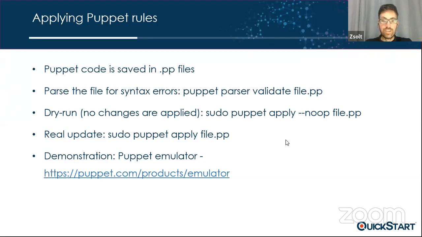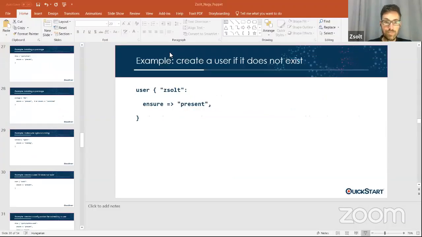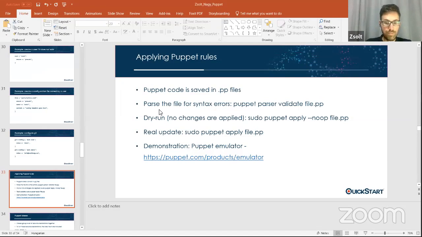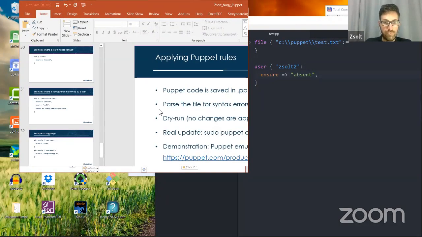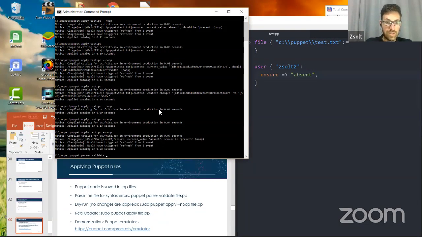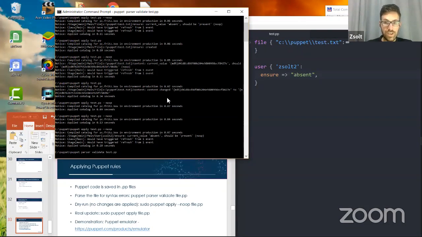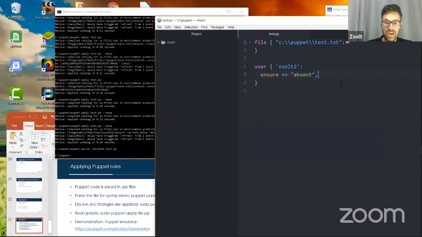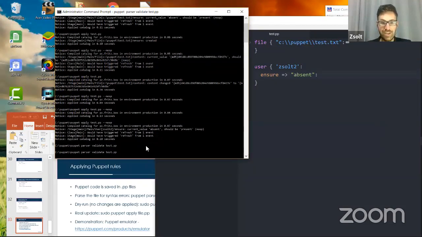And actually, what I didn't tell you is that there is also a Puppet parser. So let's see the Puppet parser. Puppet parser validate test.pp. It validates the syntax. So if I add the error that I made by accident with the colon instead of the comma, and validated the syntax, you would see it before the dry run.